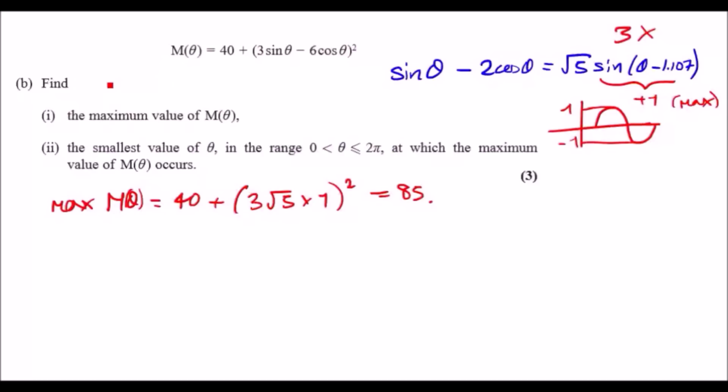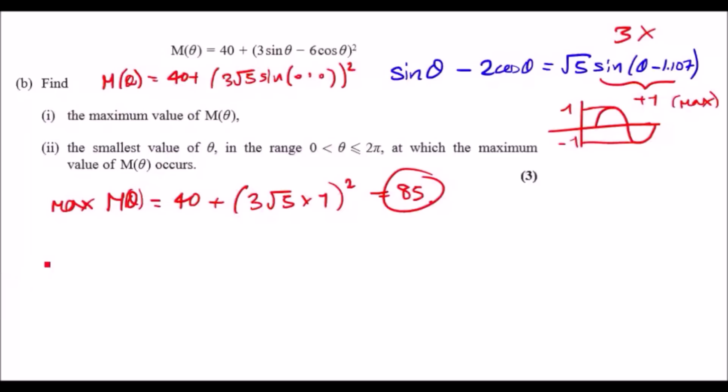So we're going to have m theta equals 40 plus 3 root 5 sine and then blah blah blah, all squared. Just leave it as 3 dots. That represents everything inside there, that theta minus 1.107. Now to differentiate that, actually we don't even need to differentiate, because you got the maximum value 85, we can